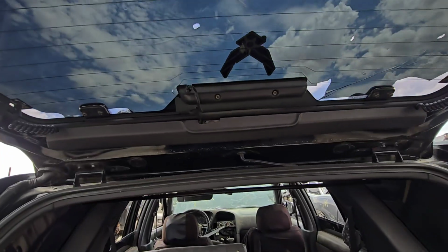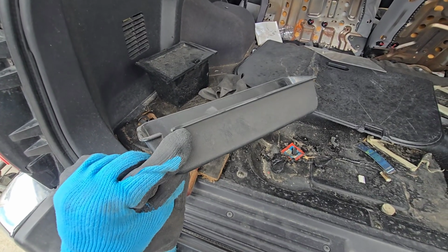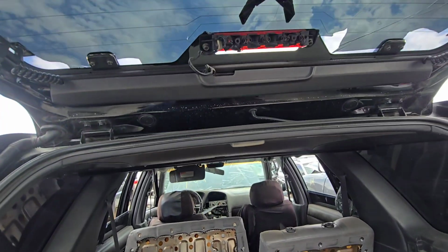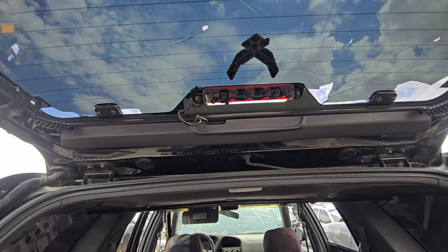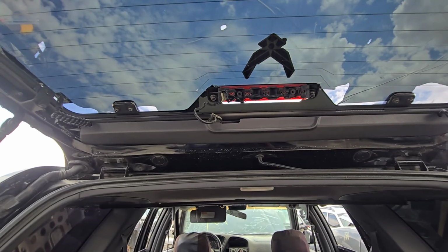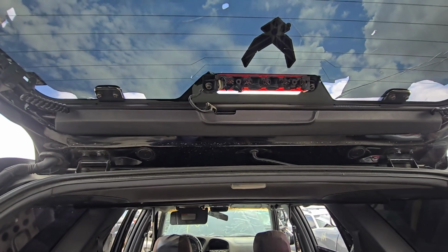I don't think I've ever seen this modification before. So the confusion continues. I was able to get the dust shield off, and this is what we find behind it. Everything looks fine here except this was flipped upside down. I don't know if the person was in a rush or what, or they were trying to be different, but